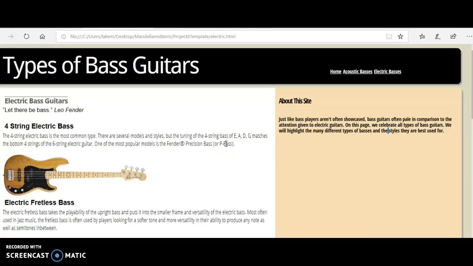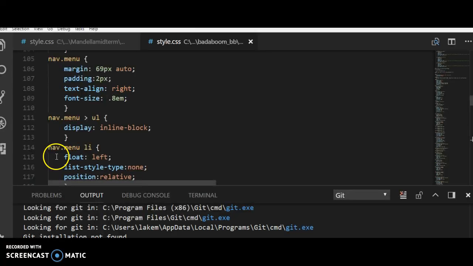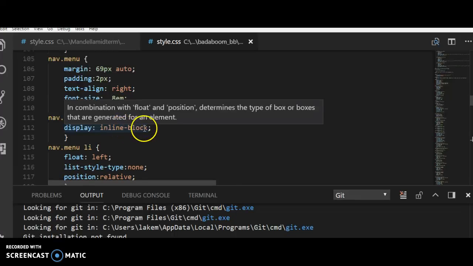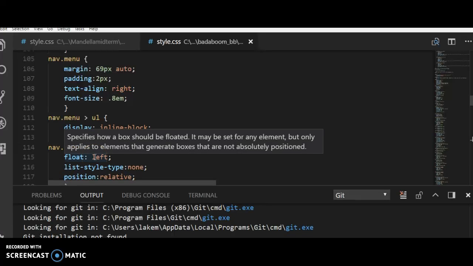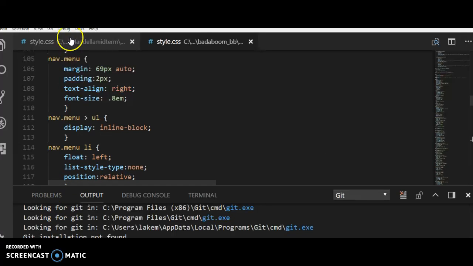The next thing that I ran into again when I went to the mobile this time was that my navigation wouldn't line up. It wouldn't go down to the center. So that was super frustrating, and I couldn't figure out where I went wrong. You can see in my CSS that I did the display as inline block. That was part of the problem. And I also had it as a float left. So when I fix my CSS,